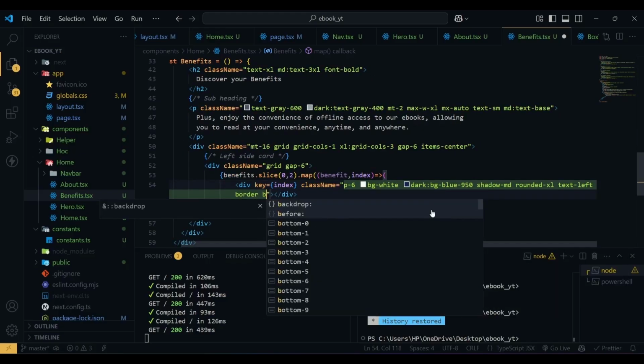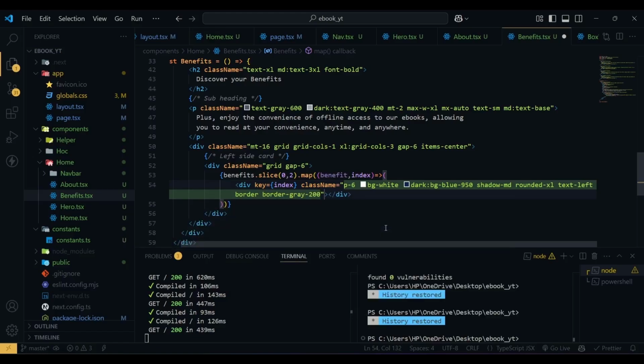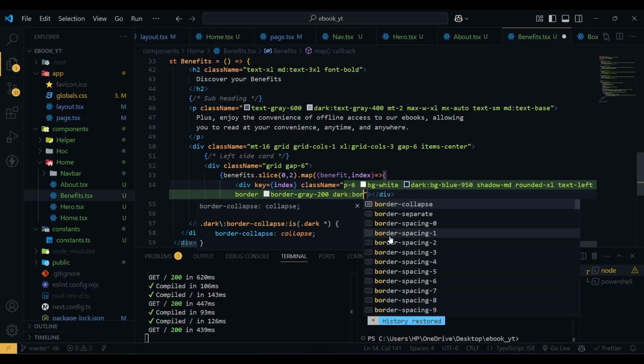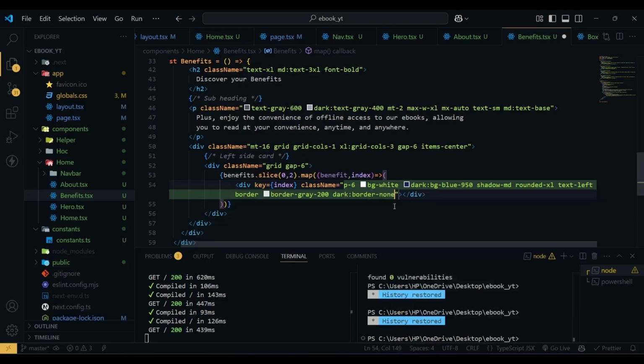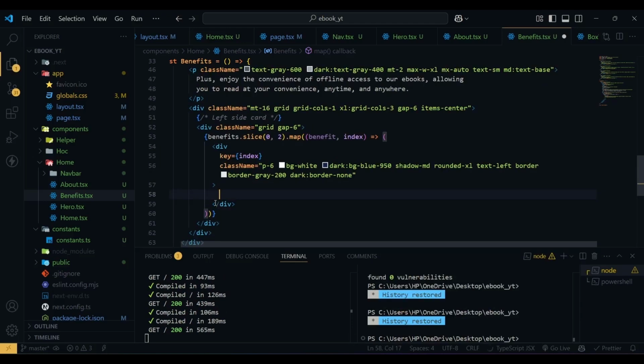Then we have border gray of 200, and in dark mode we don't need any border, so border no. That's it. Now inside this div we have another div,